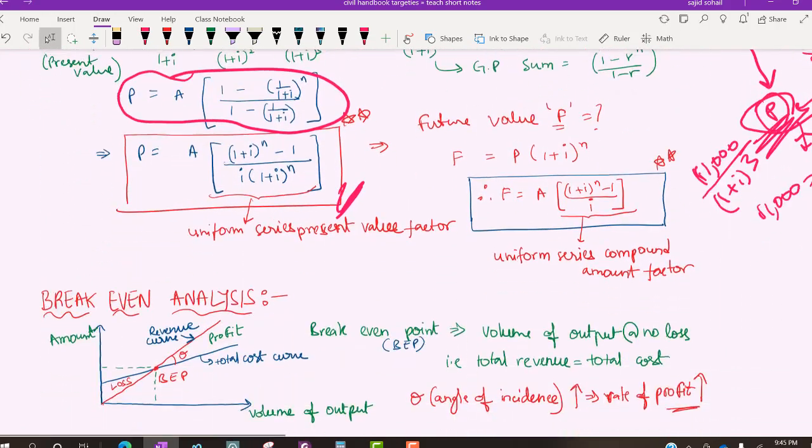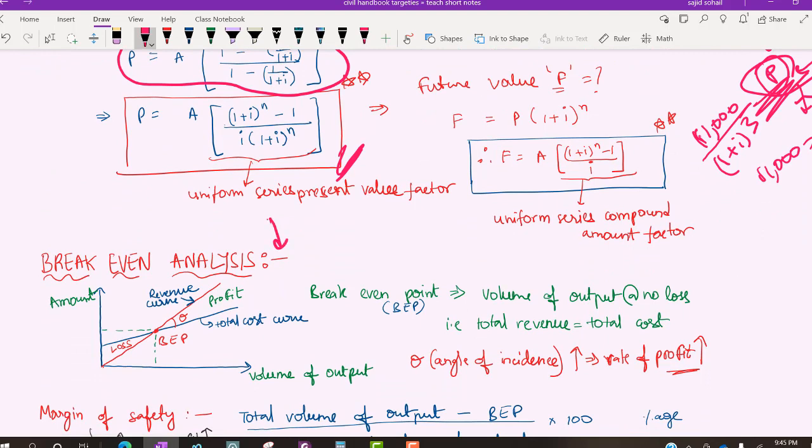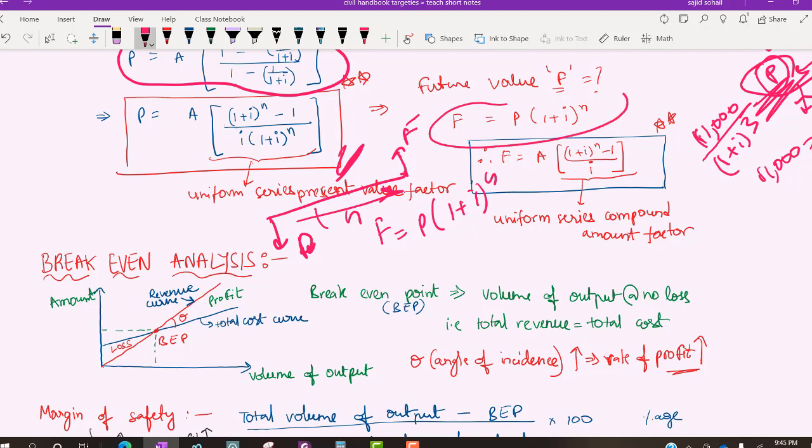What will be the future value? Common sense की बात है. So now you have reduced this diagram, you know the P, all you want to find is F. All this thing is gone because you have reduced it to the value P. Now you know the value P, you just want value F. Value F क्या हो जाएगा? That will be nothing but P into 1 plus I whole to the power of n, if this is taking n years. End of story. Your future value will be present value into 1 plus I whole to the power of n, and you will be getting your future value. समझ गए concept? Simple है.